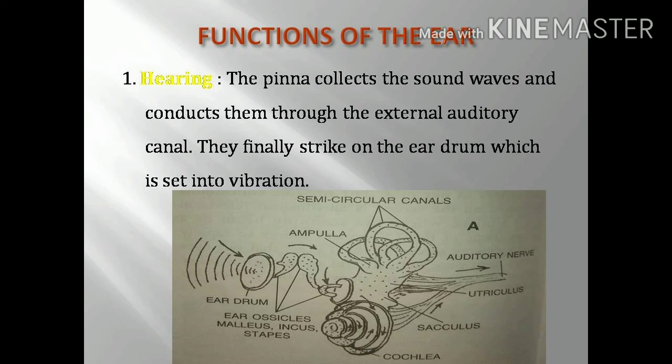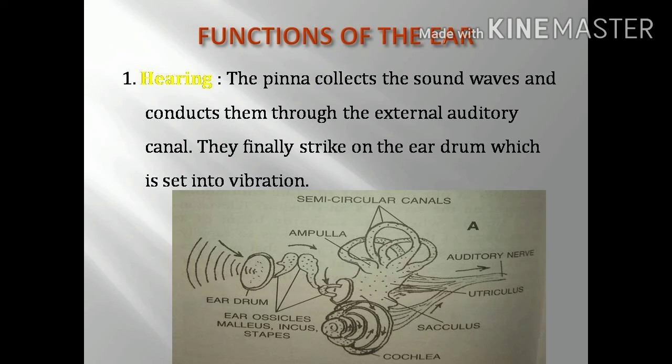Vibration of fluid in cochlear canals triggers movement of sensory hair cells of the organ of Corti in the cochlea. In the median canal, we can see the organ of Corti. It has sensory hair cells. So when the fluid undergoes the vibration, the sensory hair cells present in the organ of Corti region receive that vibration. Movement of sensory hair cells is converted to a nerve impulse. That vibration is then converted into a nerve impulse.